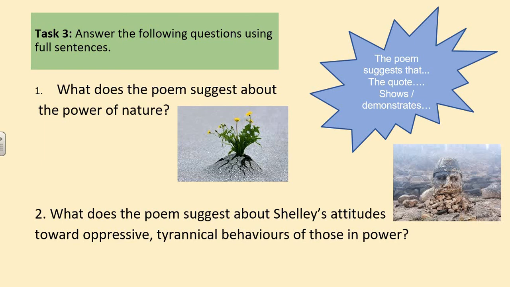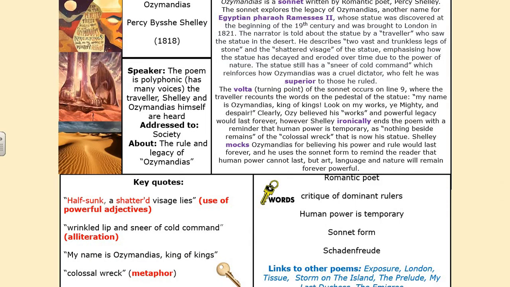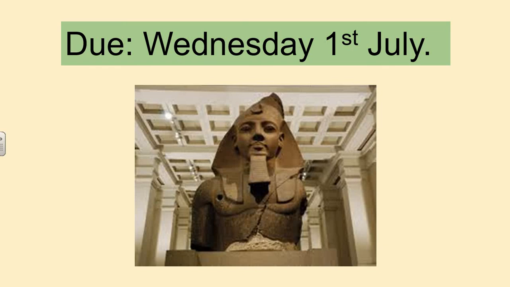The best thing for you to do is to make sure you read through this poem at least 3 times to really get to grips with what it is. Google about the poem, use that access to the internet that you hopefully have to your advantage here. Look up about Percy Shelley, what else can you find out? What else can you find out about the poem itself? So yeah, do a bit of background reading. This slide is just a kind of revision slide, summary of the things that we've just looked at. This is due a week today, so Wednesday the 1st of July.